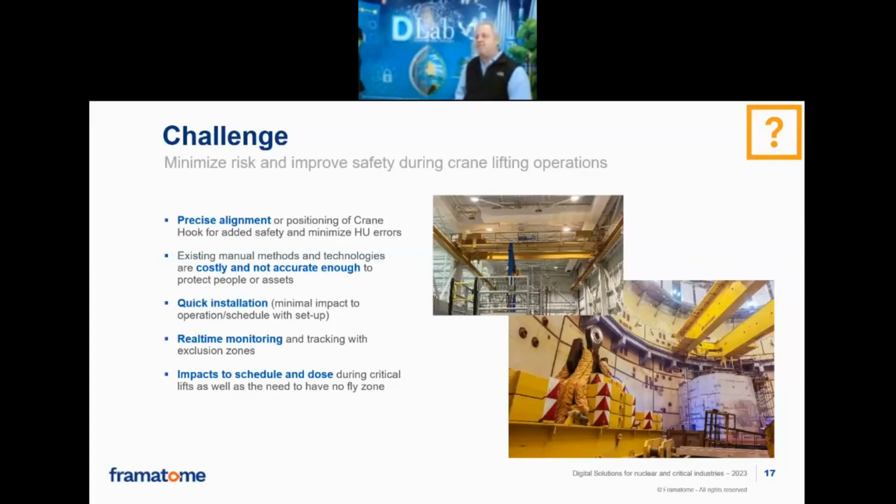We've seen that the challenge the utilities had was really around schedule, right? If you had all the time in the world, you could just play around with the hook and get it where you wanted. But to efficiently move it was part of our optimization plan. And then when you're in our industry, it's really around dose. So we're trying to reduce the impact and the time around the load that may be radioactive, and how we move that and get it into a position to reduce the dose to the worker. Next slide.